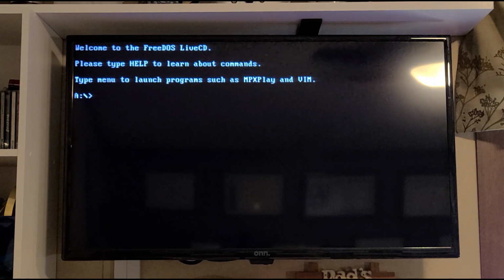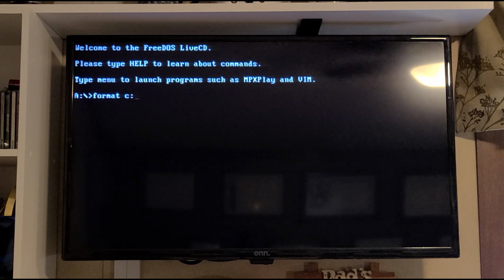Alright, so we've got our partitions created. Now we can start installing some software onto our drive C. So what we're going to do first is format. So we go format C:. Obviously, C: is going to be that 3000 megabyte partition. That's going to be our boot partition. It's way bigger than it needs to be, but